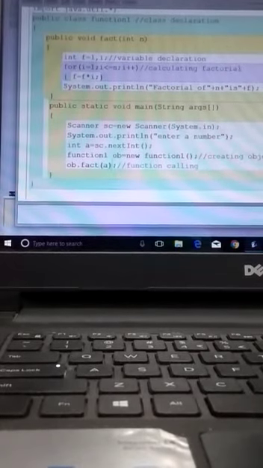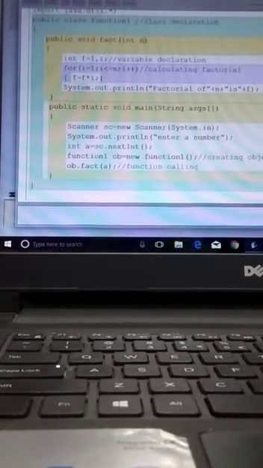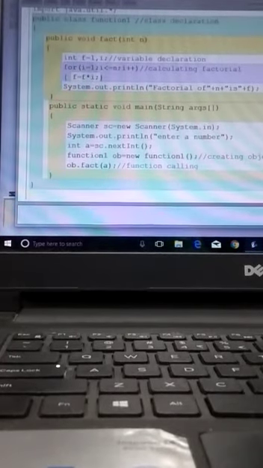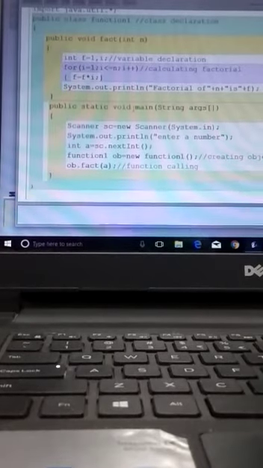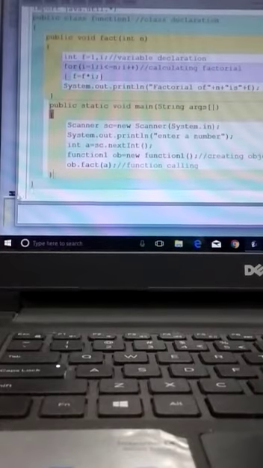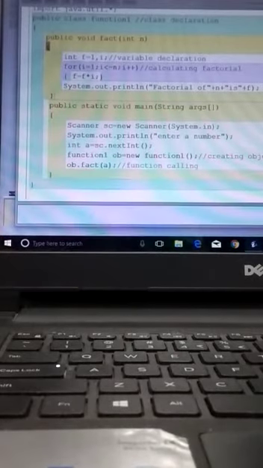Suppose we have sent 5 from here, so it will be received in variable n, 5 is stored, then again it will calculate the factorial in the same manner and print the factorial. After printing the factorial, it will again move back to the place from where it was called. After that we have closed the void main function over here and the class is closed over here. Earlier this function fact is closed over here. So hope you have understood this program.